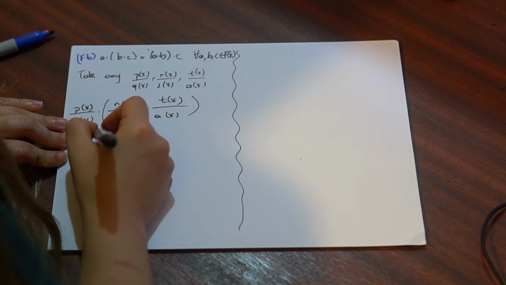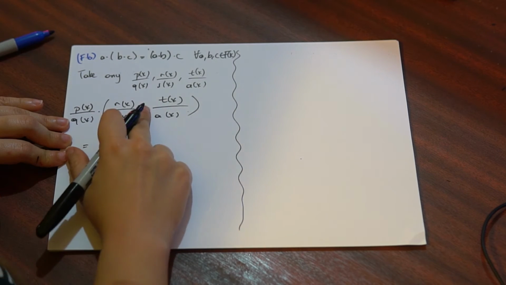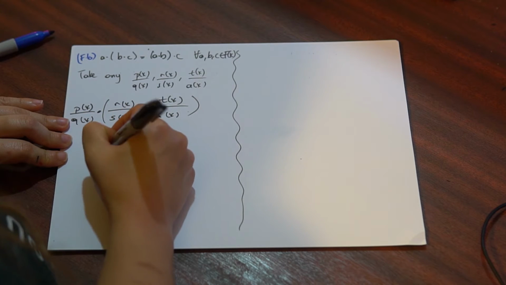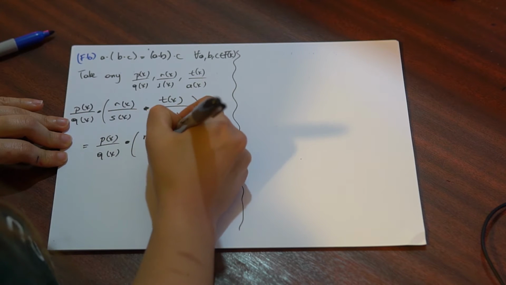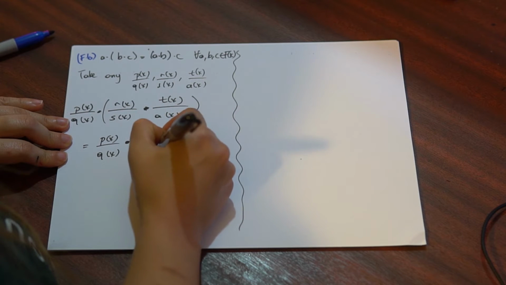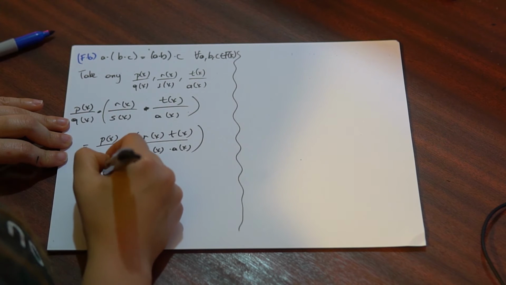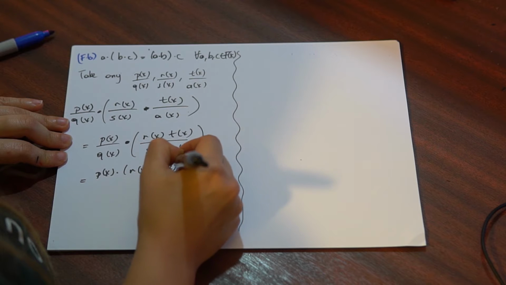Sorry, this is not addition, this is the product. P of x over q of x times r of x times t of x over s of x times a of x, and this is equal to p of x times r of x times t of x